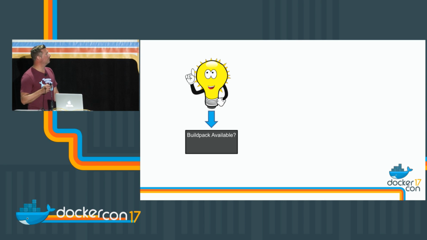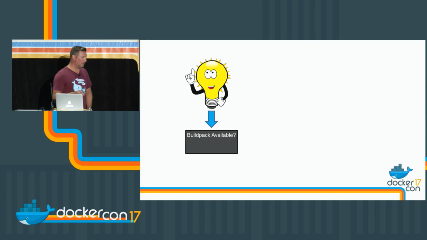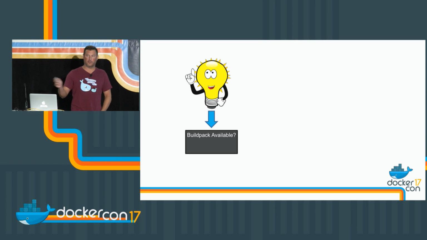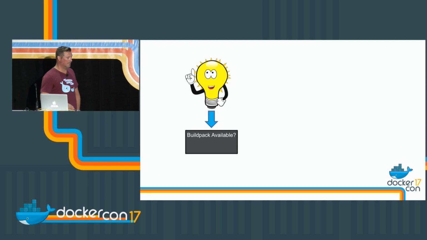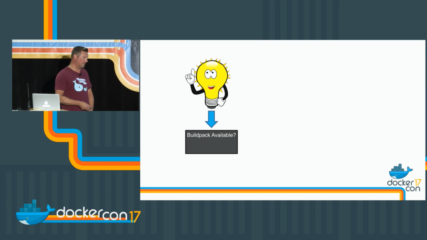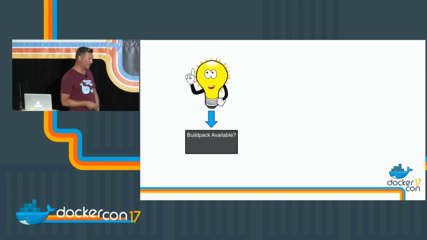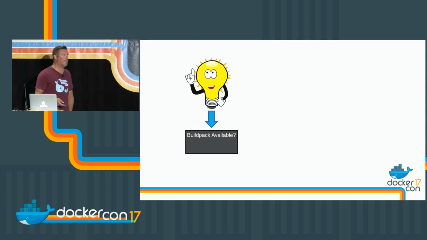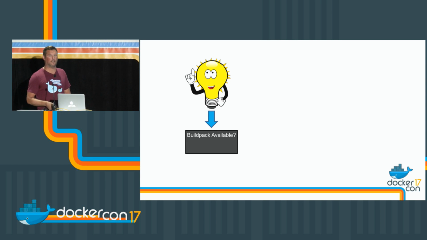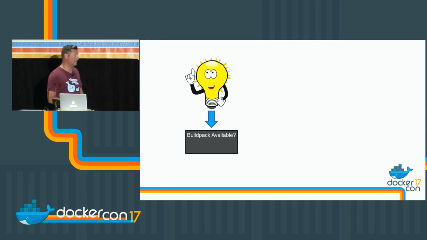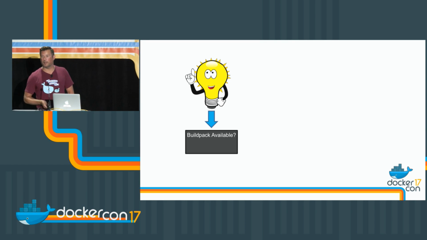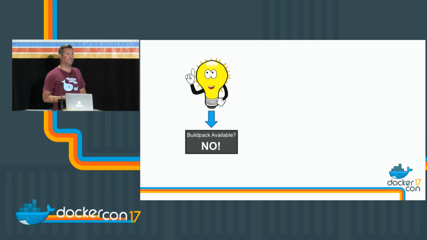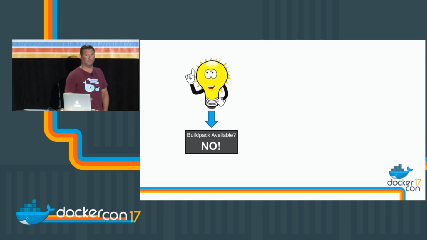So the first thing you do in a PaaS, if you're not familiar with how they work, or if you don't use Heroku or things like Beanstalk, is this: if you have an application and the framework you're using doesn't have a mechanism to inspect the code and determine what type of application it is, that's a build pack, and then be able to build the application, you have to ask the question, is the build pack available? If the build pack isn't available, guess what we have to do?